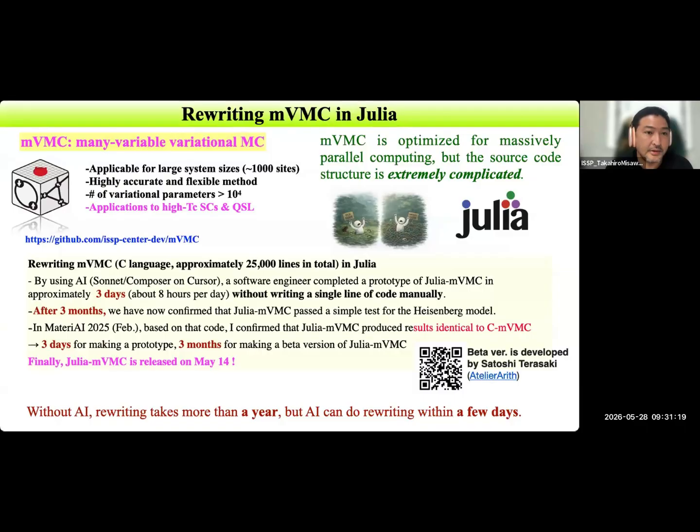The main part of this is rewriting mVMC in Julia. mVMC is a software for the many-variable variational Monte Carlo method. This is a variational wave function method, so by using this method, we can obtain the highly accurate ground state wave function for strongly correlated electron systems. But mVMC, I think, is very useful software, but the source code itself is very complicated because mVMC is